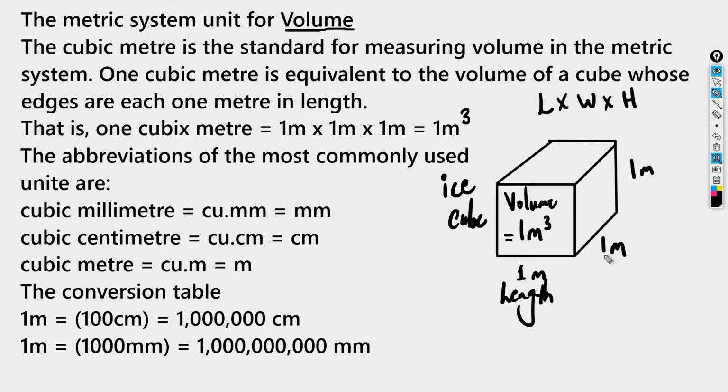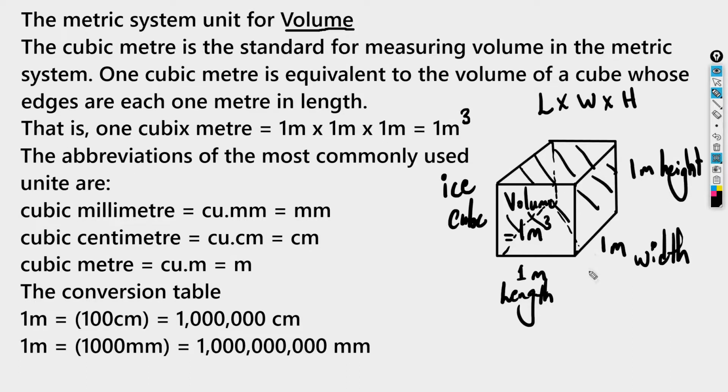1 meter, okay? The width, meaning how wide the cube is, is also 1 meter. And the height, from here to here, which is also the height from here to here, is also 1 meter. So to find the volume of the entire space within this cube, the entire space inside here, would actually be